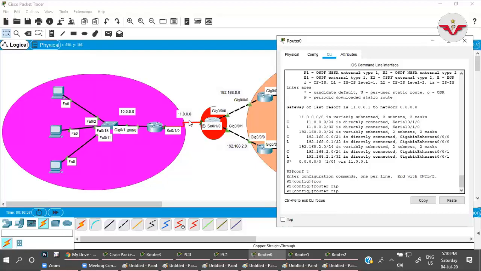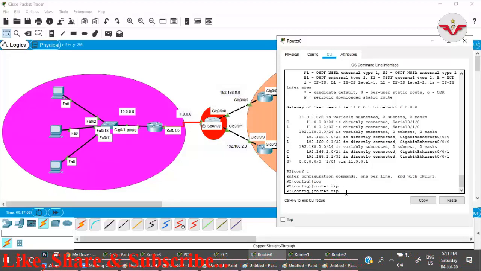That is why I have configured the default route for this interface. This interface has nothing to do with dynamic routing. I am the administrator, and for these two networks I will give the instruction. R2 knows two directly connected networks, 0.0 and 2.0.